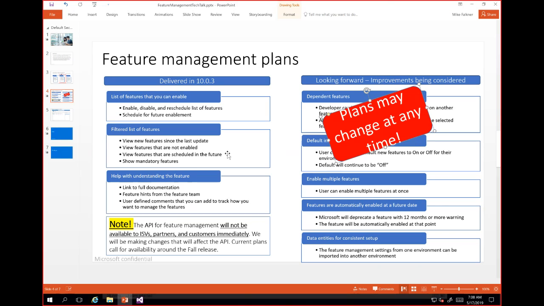We'll show you which ones you've scheduled in the future. And then we're also going to show you the mandatory features, and I'll explain that in a minute. On top of that, when you're in this feature form, we have a link to the full documentation. So when we finish our features, we will have documentation available by the time you do the PEEP builds, which